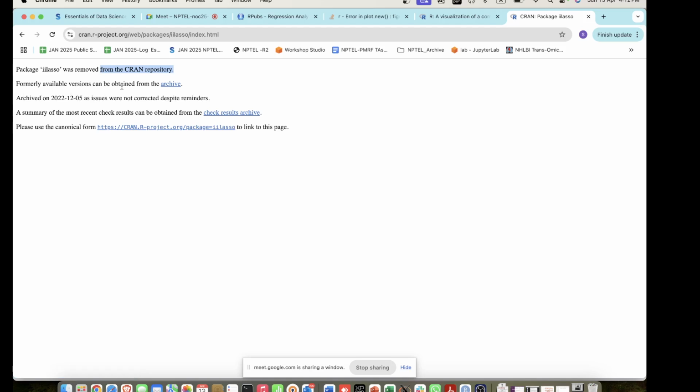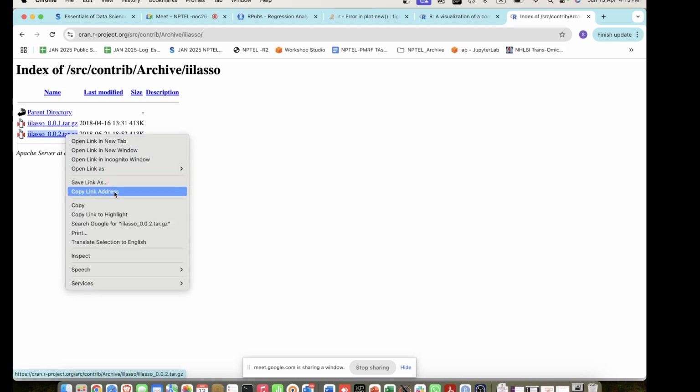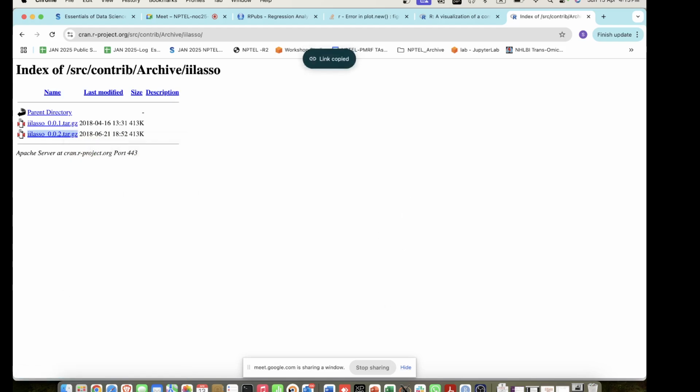So if you find some statement like this, you need to click on archive, and you'll have multiple previous versions of those packages. If I want to choose the latest one, let's say I am focusing on this one, 0.0.2, what I can do is copy the link address,